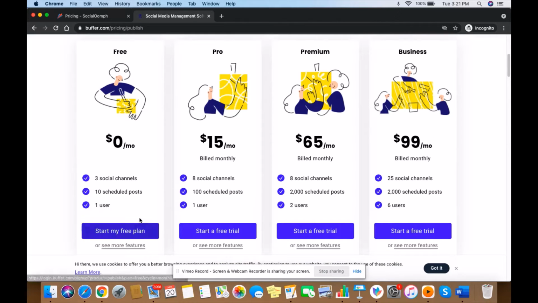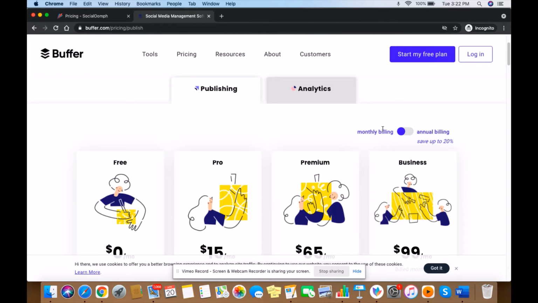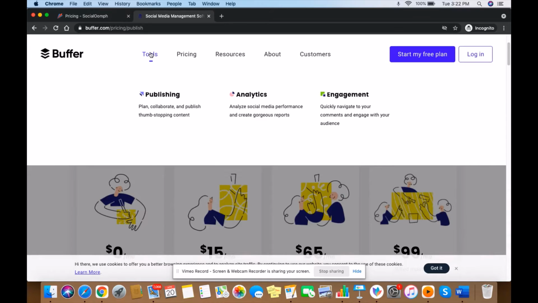So when you see this plan, you would see that for one user, they have 3 social channels and you can schedule up to 10 posts per month, which is good to go for a normal startup business or a personal branding person who is new to social media. And when you see their tools, they have publishing and analytics, and also you will be able to analyze the engagement.